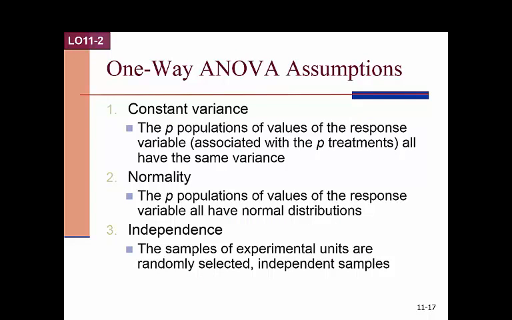Okay, so the assumption for doing these tests is constant variance. We have to assume that the p different populations of the treatments all have the same variance. Not zero variance, but the same variance. And we can check that through residuals, which have to be distributed normally with a mean of 0 and a standard deviation sigma. That's what it shows: all the different residuals from all the different treatments or levels have to have a